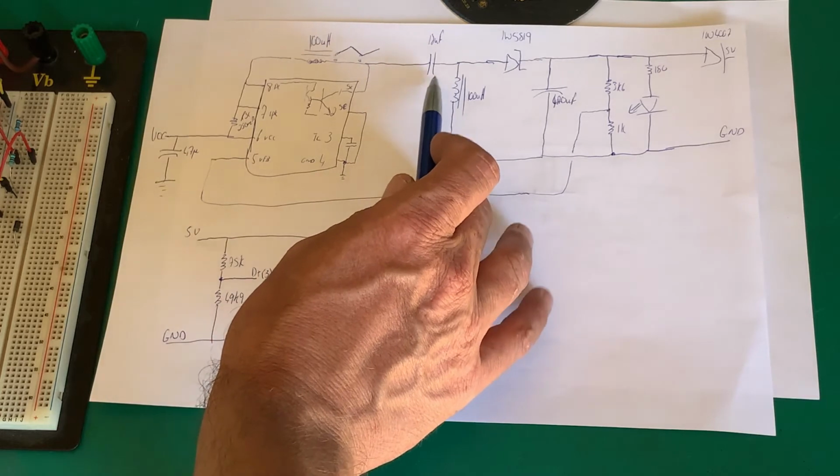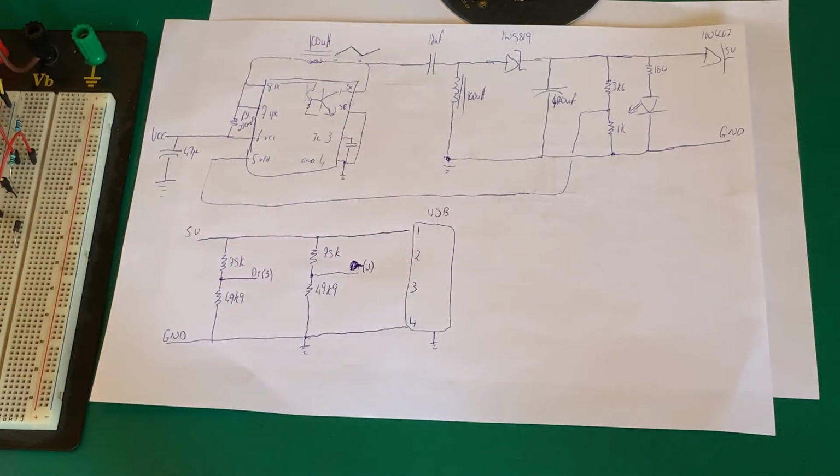That capacitor is sized to handle that ripple current. That's all you need to think about. There's no fancy magic